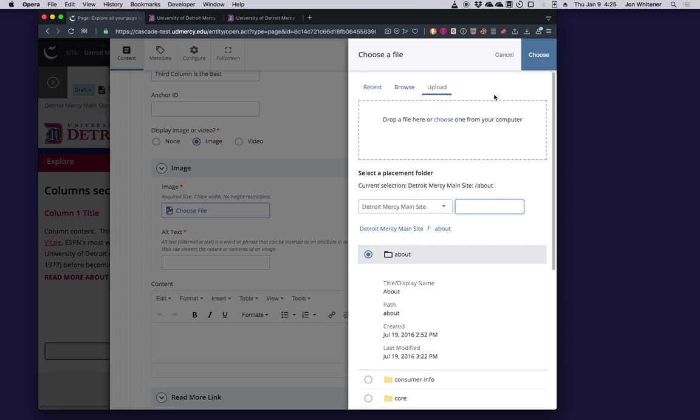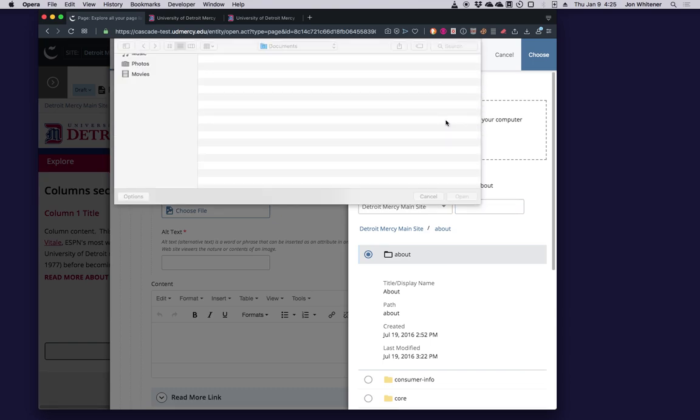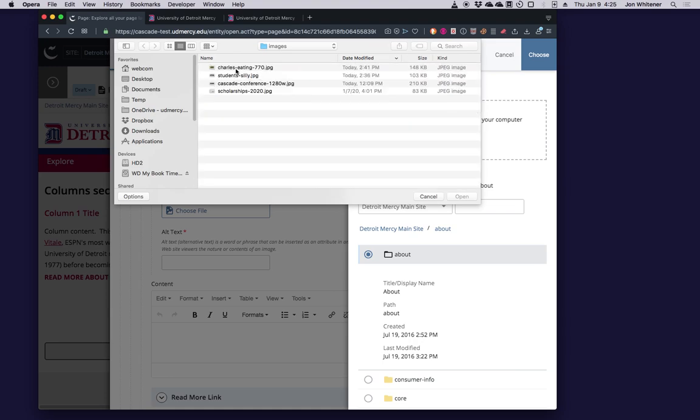Again, unless you really know what you're doing with sizing and optimizing images, I'd prefer if you had us help you, so you get the right size and you don't have really large file sizes that take forever to download on a user's device. But in this case, I've done those things, and I'm going to choose an image from my computer to upload. And here it is. I've helpfully named it Charles Eating 770, the 770 being the width of the image that I sized it to.